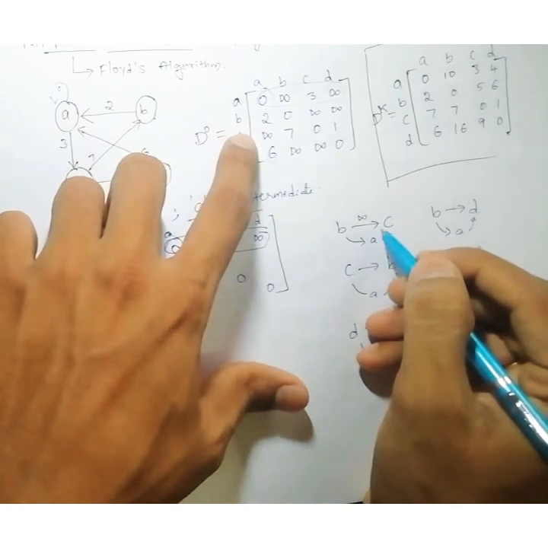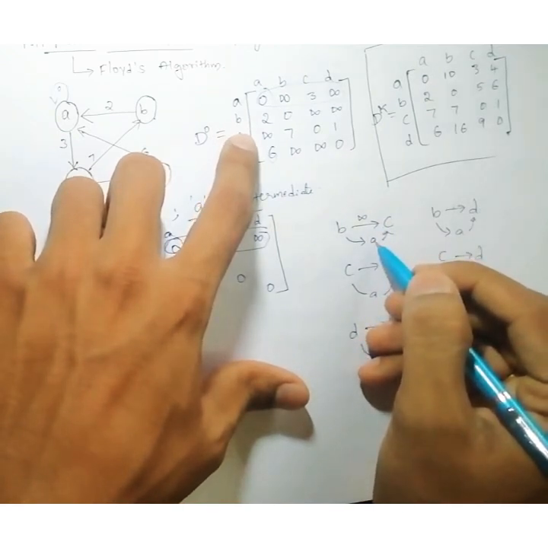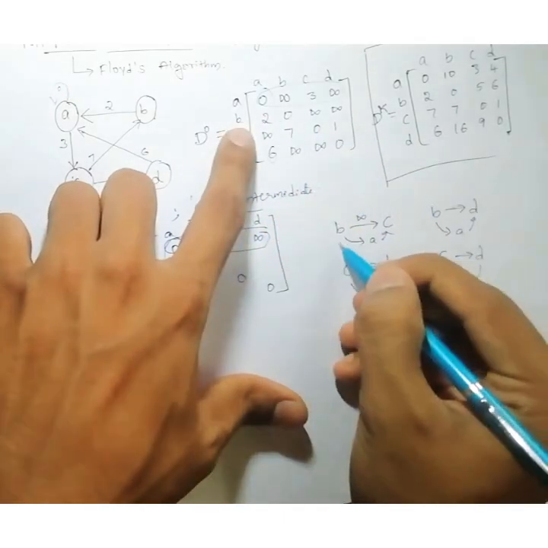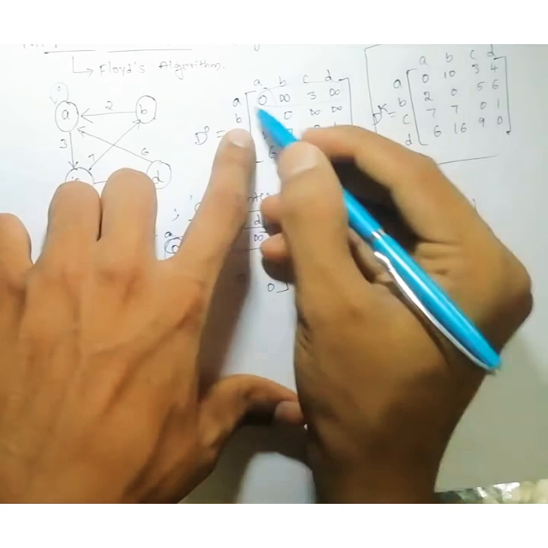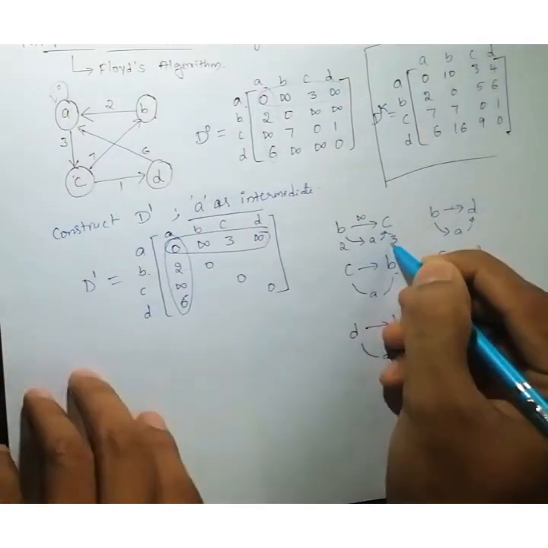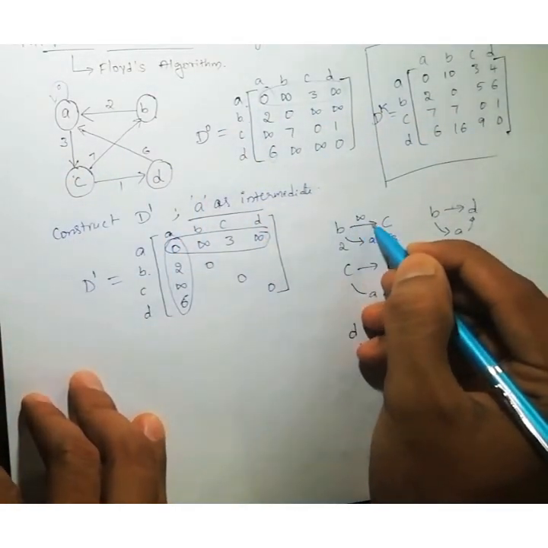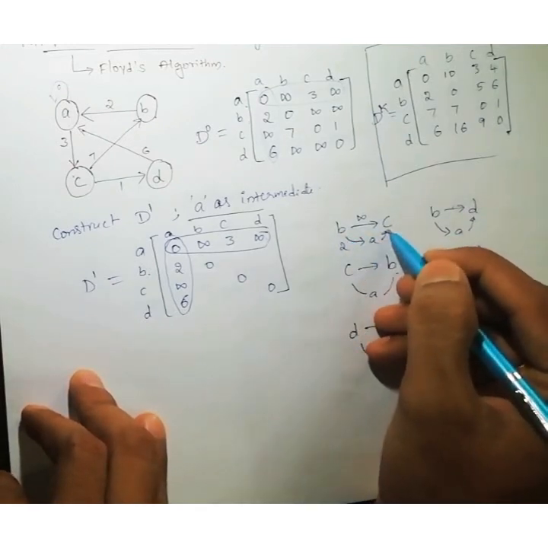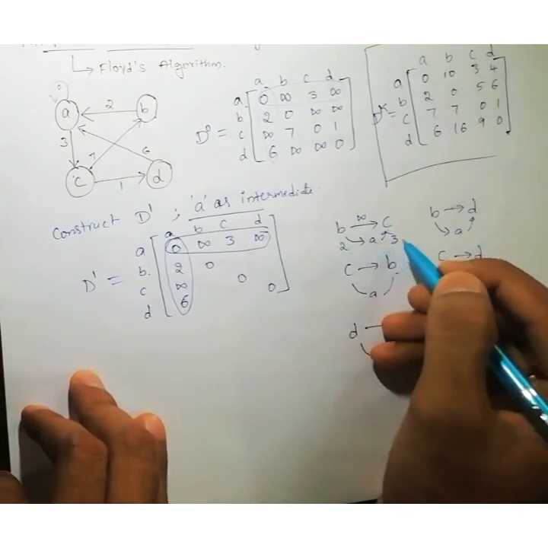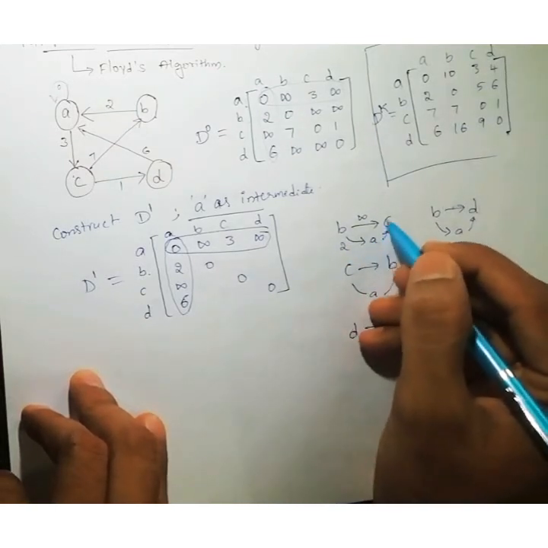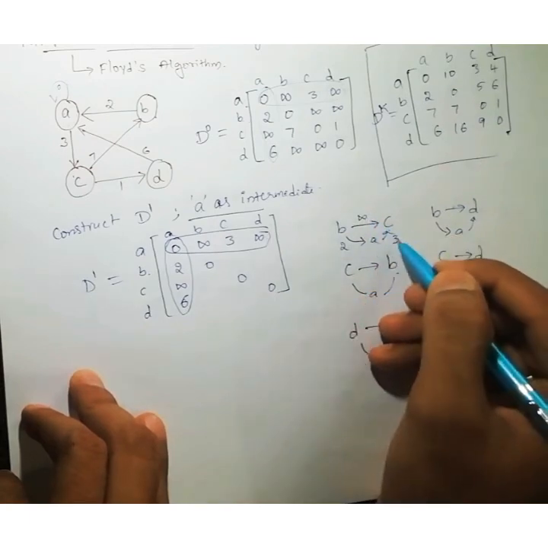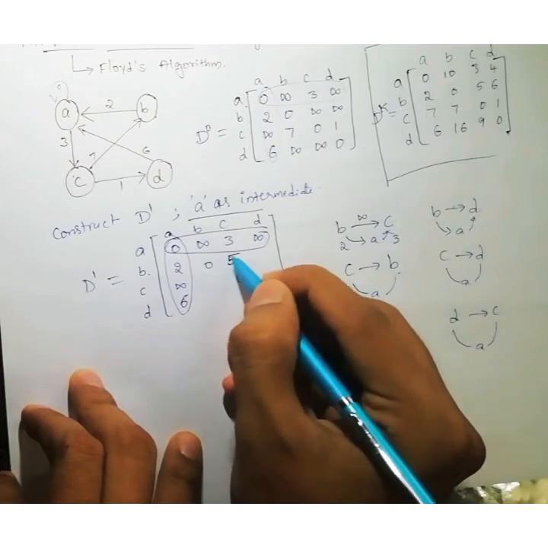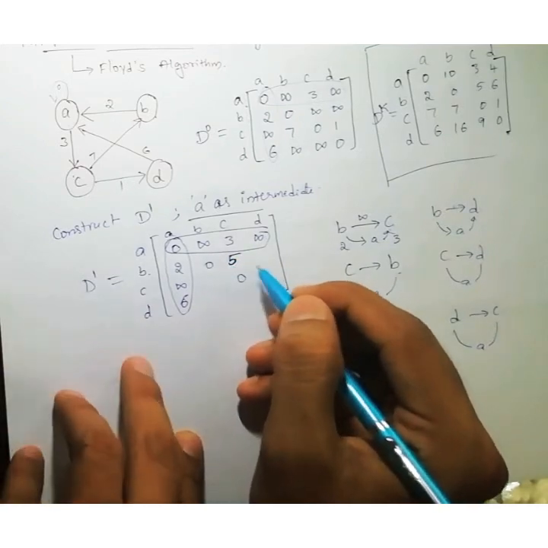So just by using the intermediate node A, what is the path you will get? B to A, what is the value? 2, and from A to C, what is the value? 3. So can you tell me now? The direct edge, no, that is infinity. But we are having indirect edge B to A and A to C. 2 plus 3, what is the value? 5. Is this value less than the direct edge value? Yes. So we are updating this to 5 here. That's it. This is the procedure we have to do.